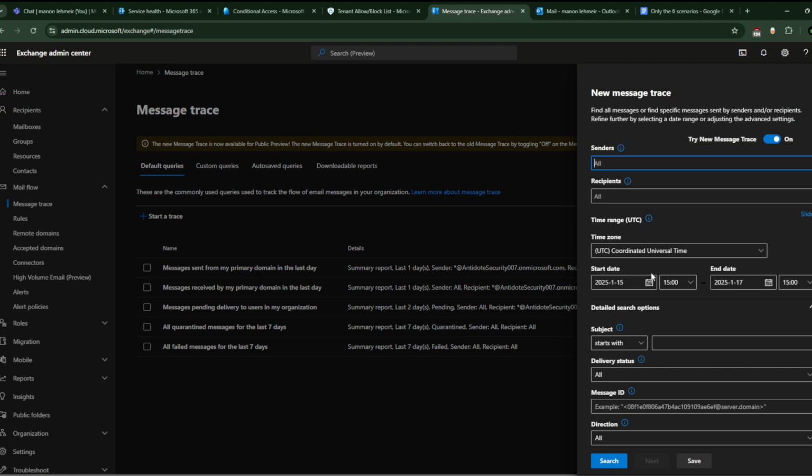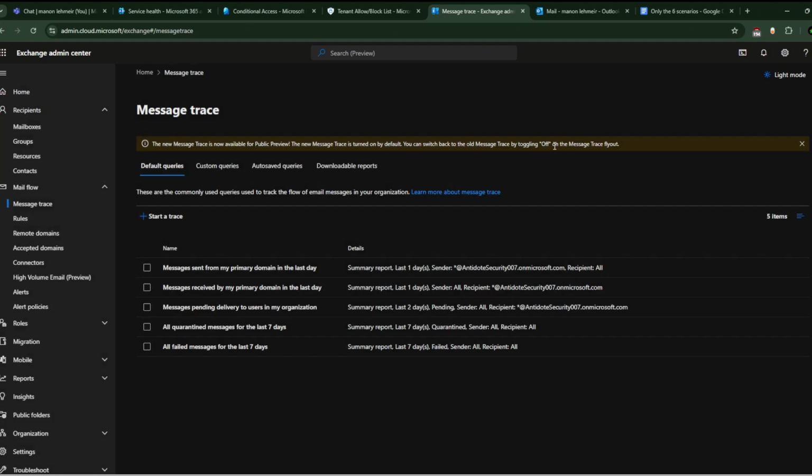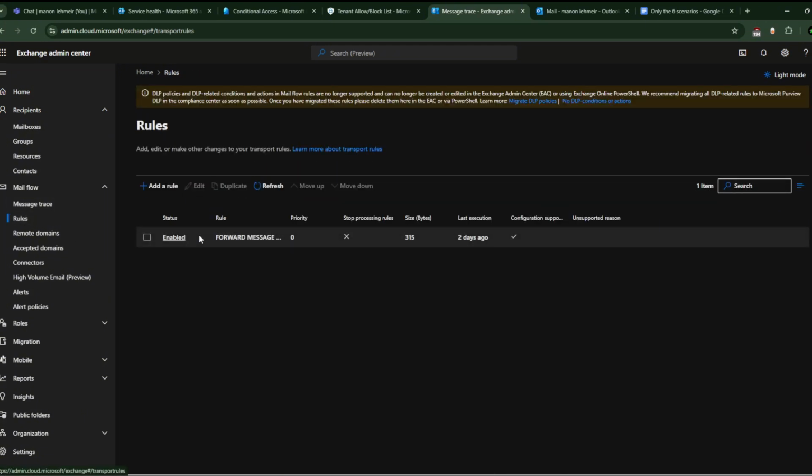I will take a bit broader queries, and then I will find what's going on. And when I find the actual email that caused the issue, I will go to the rules because, as I said, on message trace you can see what rules have been affected, what rules have been